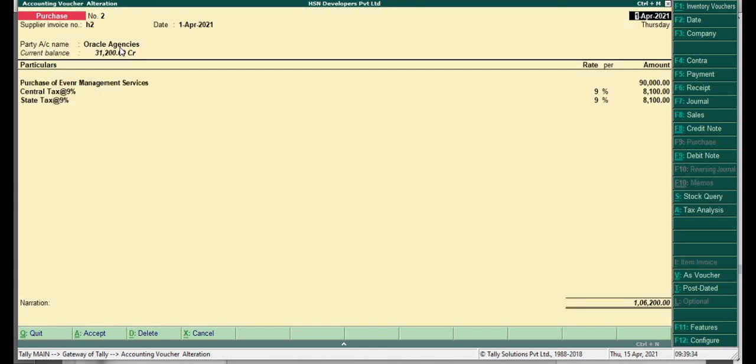Then the third one we have seen is a sale transaction. So we sold construction services along with some extra charges, that is shifting charges, which are included in that. So the total amount of sale is 1,40,000 and the extra charges for service shifting are 10,000. Even this 10,000 must be included for GST. That's why at the time of creating the shifting charges ledger, I said GST is applicable, and there I mentioned all the things here.